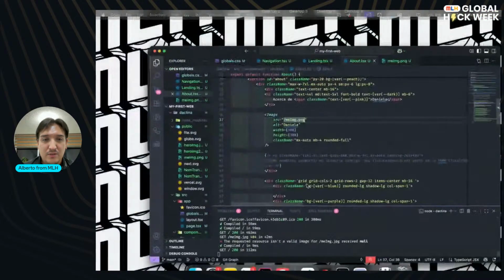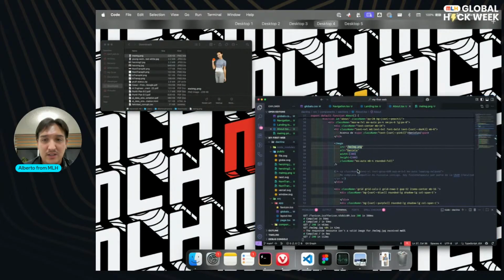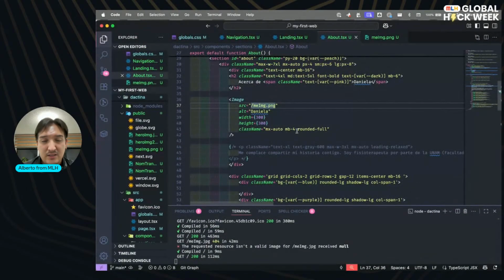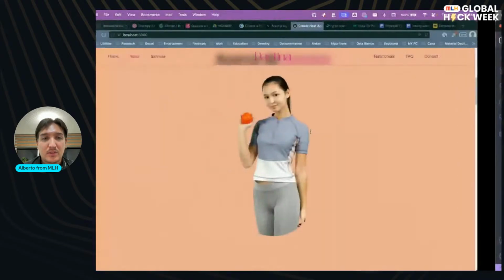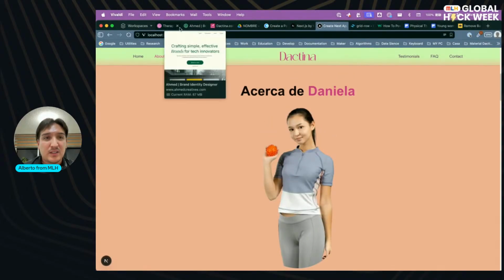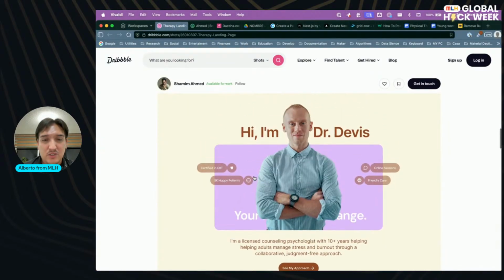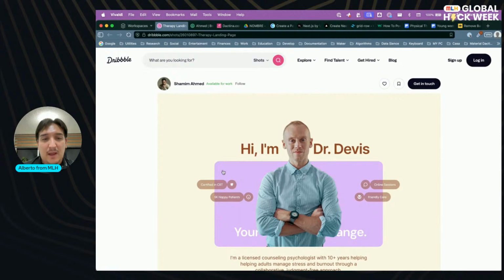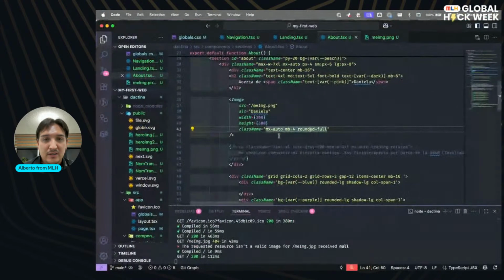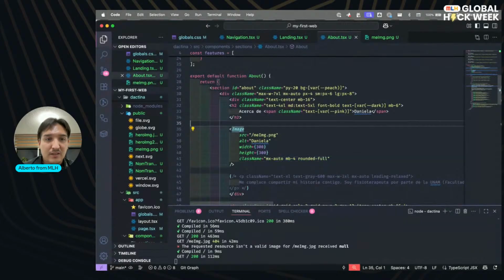Now I need to crop it. No, this is rounded full. Let's make a quick change here. Again, we will play with the background and everything. So let's create that.